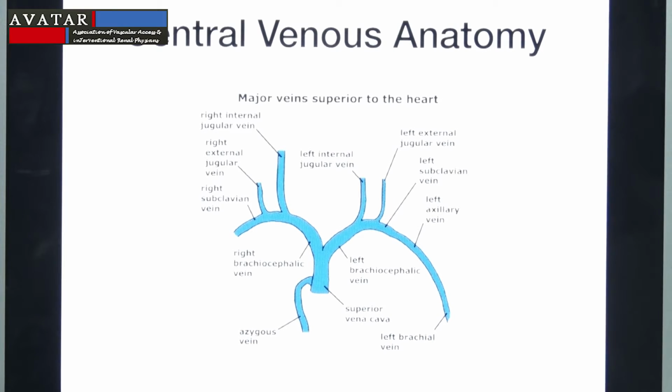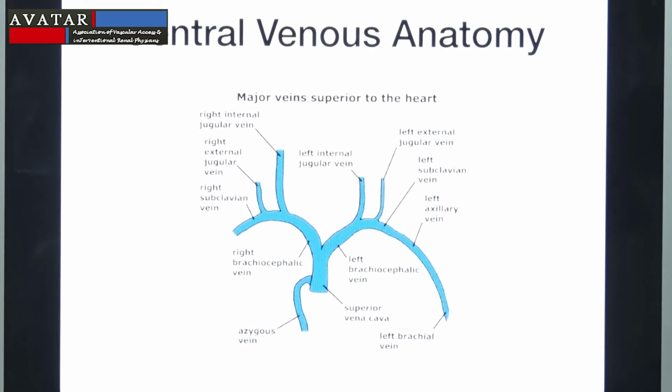Of course, the right internal jugular vein is preferred because it has a straighter course to the heart, gives lesser kinks and provides better flows. There are certain situations when the patient has exhausted all the vascular access. Sometimes we have to approach the translumbar or the transhepatic veins. There have been instances where we have used the azygous vein for access, and sometimes we have also used collaterals as a temporary access for the dialysis catheters.